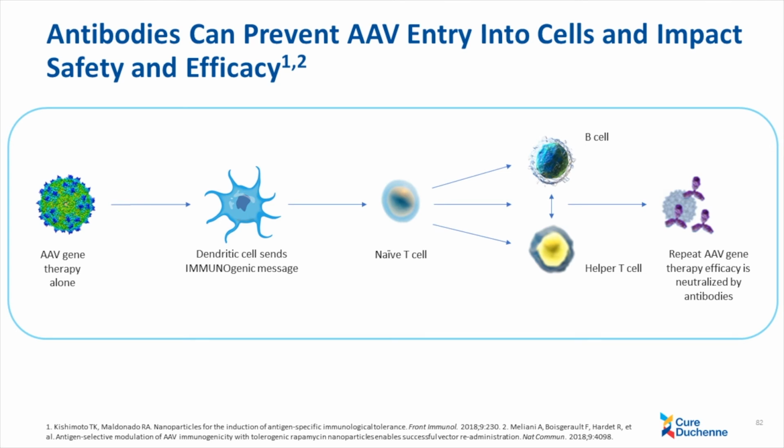The AAV vector can reach cells in the body that cause a reaction immediately, the so-called innate response, and then some late effects, where the antibody-producing cells and cells that can actually kill infected cells, the T cells, are activated and come out to try to protect the body from the infection. We want to try to minimize that, sometimes through concomitant medical therapy, and that's one use of glucocorticoid, but they themselves are actually not that potent or specific in the way they're used in this context, because patients still develop antibodies to AAV despite the use of glucocorticoid. So if you go to the next slide,